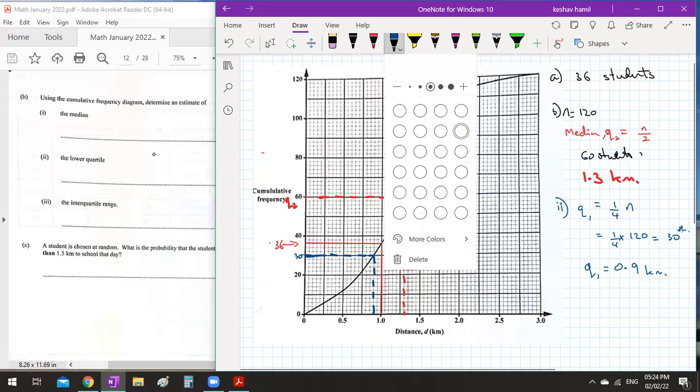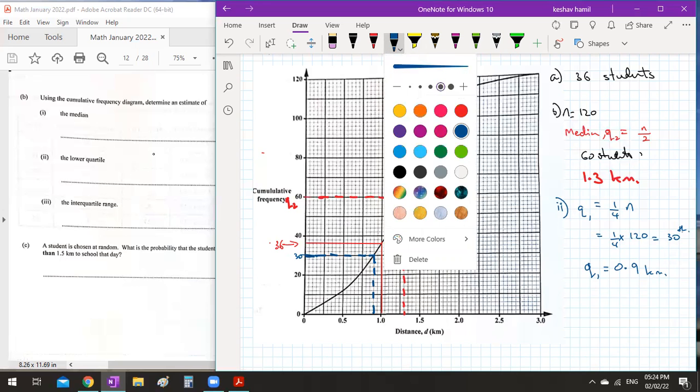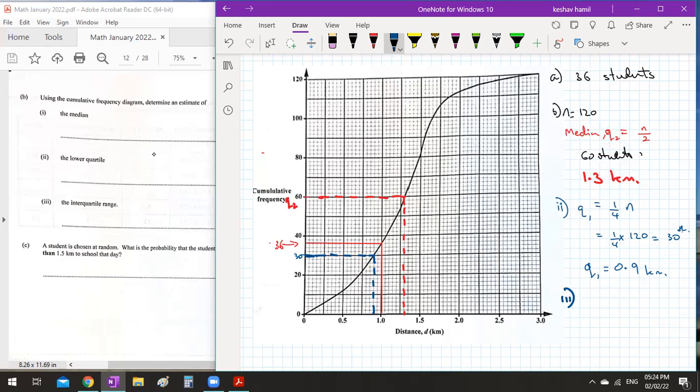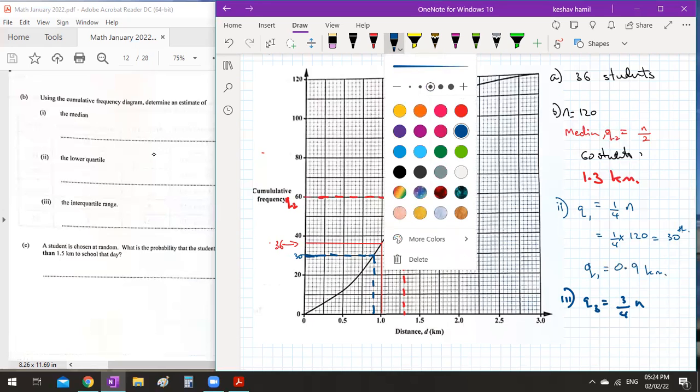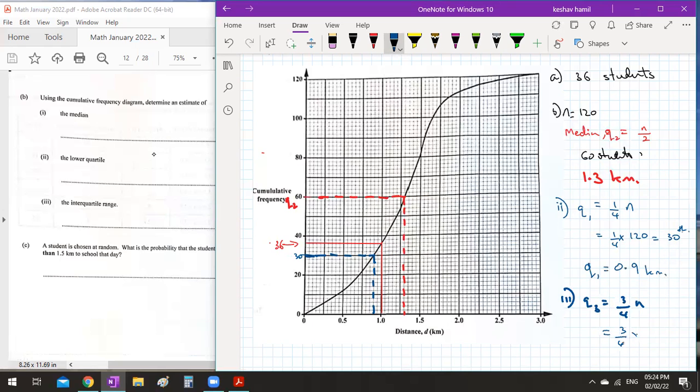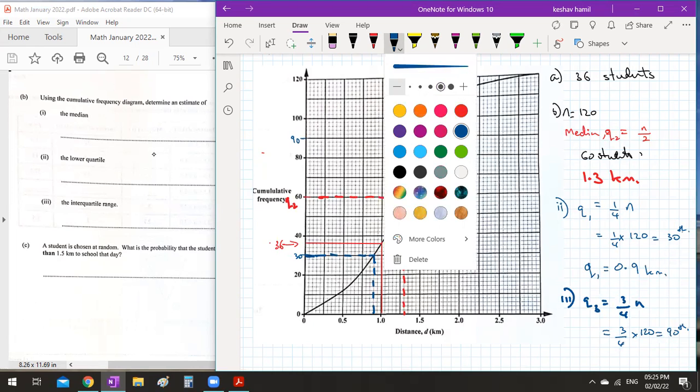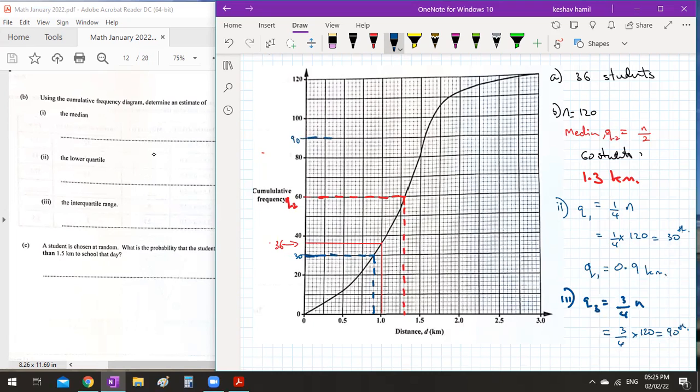In order to get the interquartile range, we have to find what the upper quartile is. And the upper quartile is 3/4 of the cumulative frequency. So that will be 3/4 by 120, which occurred at the 90th person, which is here. So again, come across to the curve, come down,